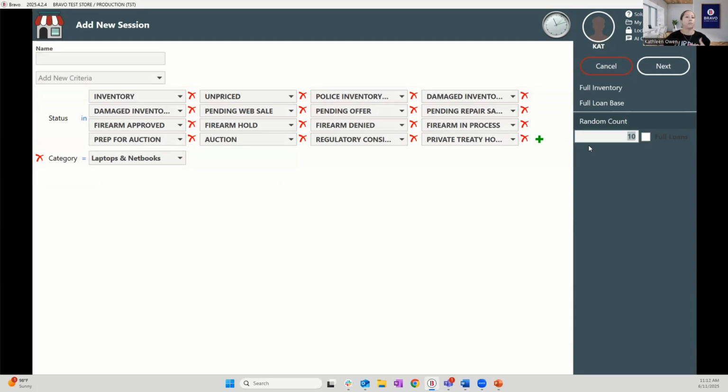So if you're a really big store, maybe 10 items isn't enough, and we want to look for 25 items. You can easily go through and create that random count, and it'll pull 25 laptops that are in your inventory. Now, the only other thing to really do in order to create this session is to name it. So let's say category audit, or we'll just say